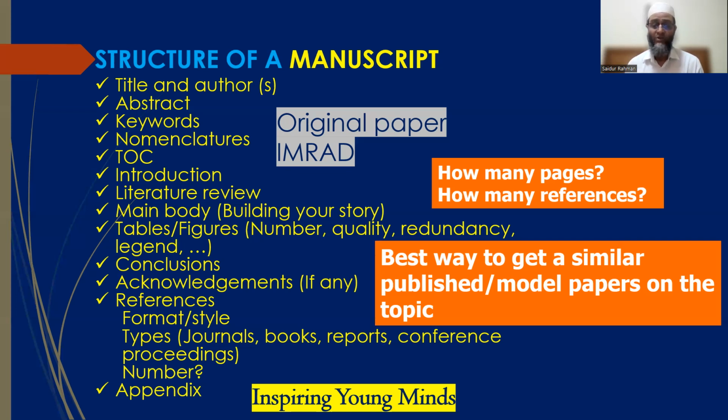So how many pages? Now there might be a question. How many pages should it be, as I mentioned. You can restrict it to not more than 50 to 60 pages, double spaced, with 10 figures and 5 tables. But some journals may accept lengthy papers of 100 pages. So again, you check. Some journals, for example Progress in Energy and Combustion Science and Applied Energy, accept long papers, but some journals don't. That's why, following the guidelines and the journal you are going to submit to, you download some of the papers and have a look.